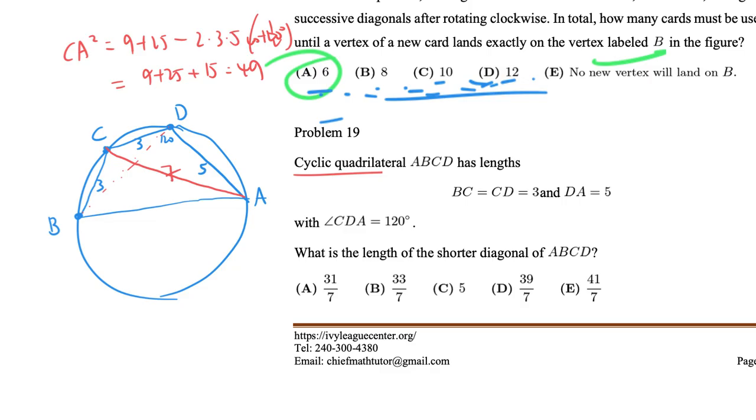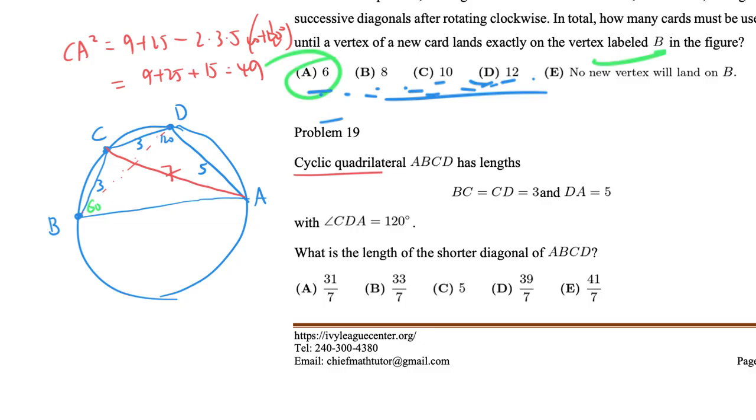That means it has a lot of nice properties. One of them is that opposite angles add to 180, and so here we already have a 60. We know this length and this length, which means very quickly we can find what BA is by law of sines. Actually, you would first have to go and find, well, you can just run a law of cosines to